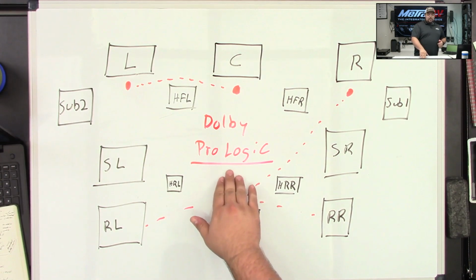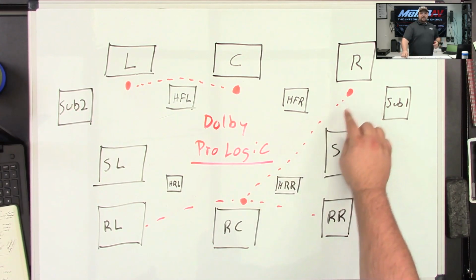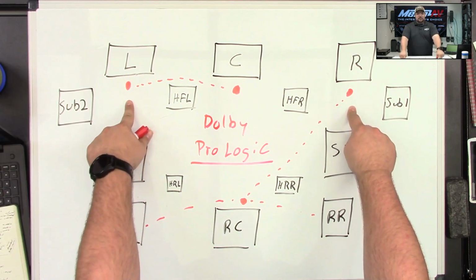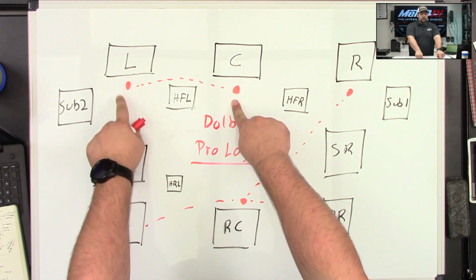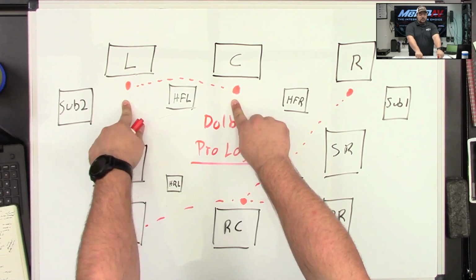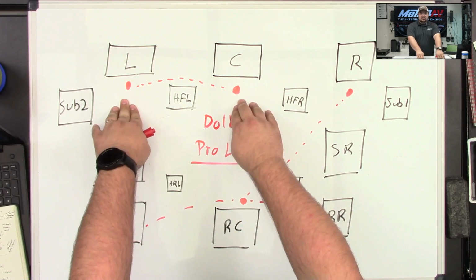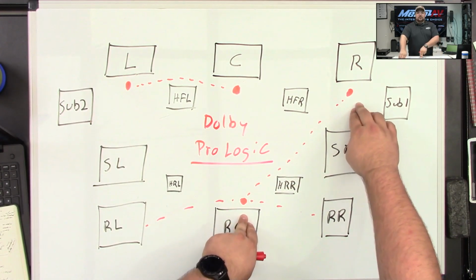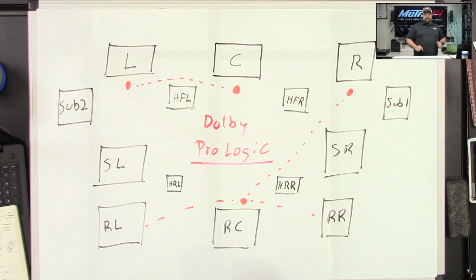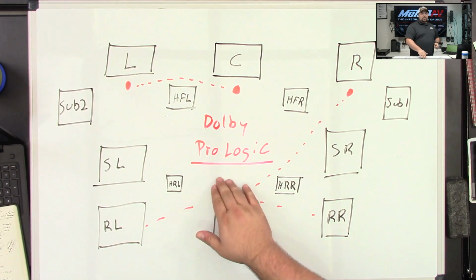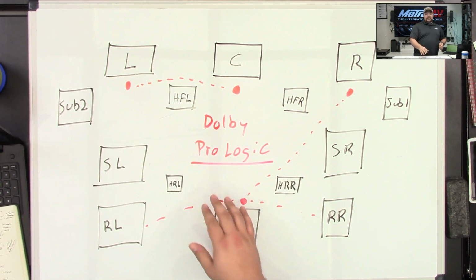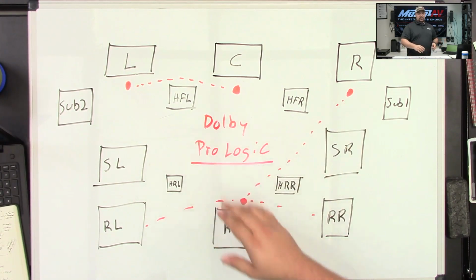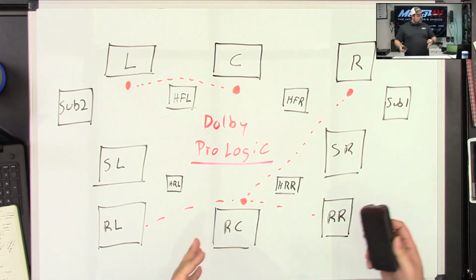So the important thing about Pro Logic is its ability to take the right and left signals and modulate them so that we could have an additional channel out of one of the other channels. So you would have a left and a center, and then you would have a right and a rear. So you would have that ability to mix that out of that. That's where Pro Logic comes in, and when you do some research, they call it matrixing, and that's basically what they're doing. They're just taking the data and matrixing it so that you can have the additional connections to it. So that's Dolby Pro Logic.